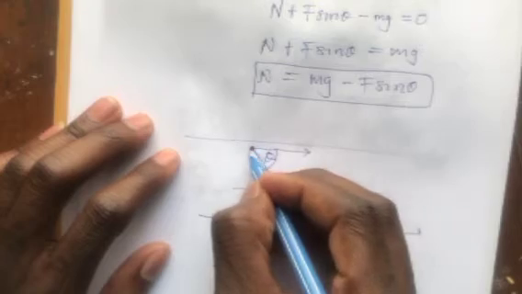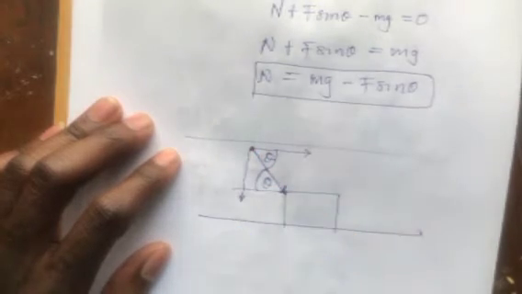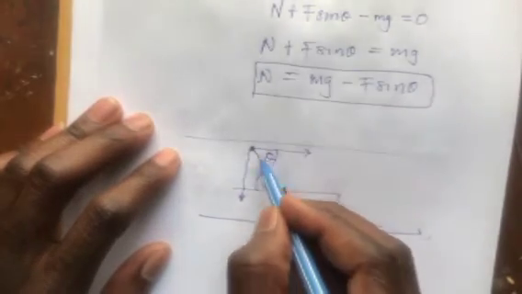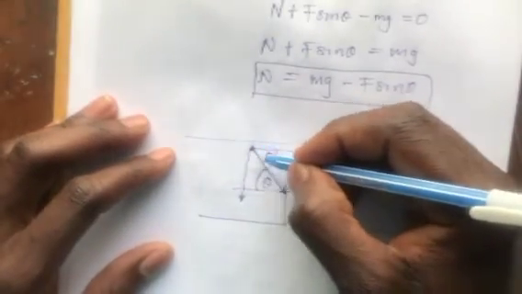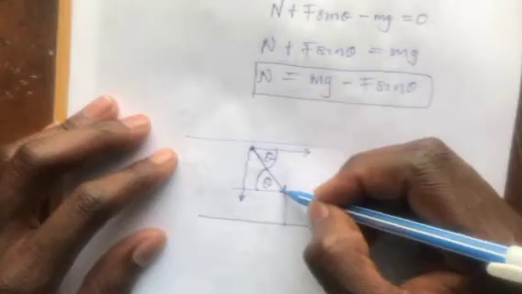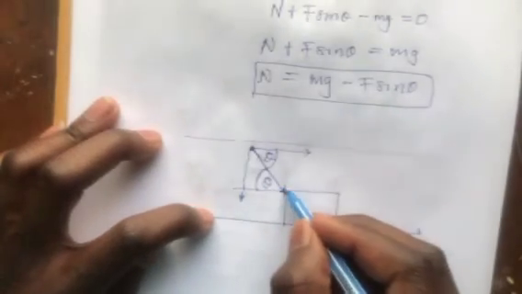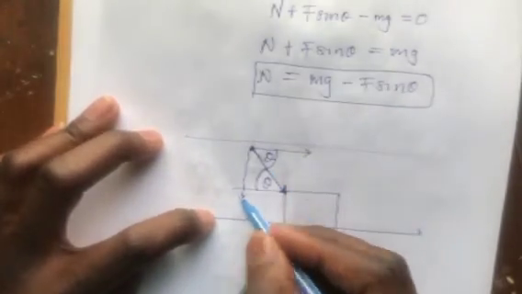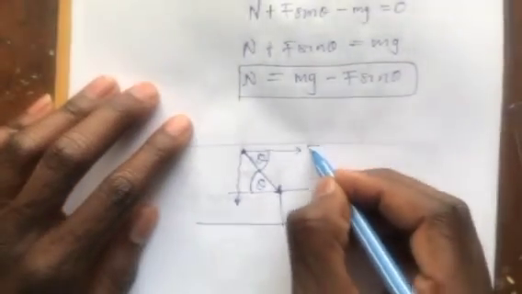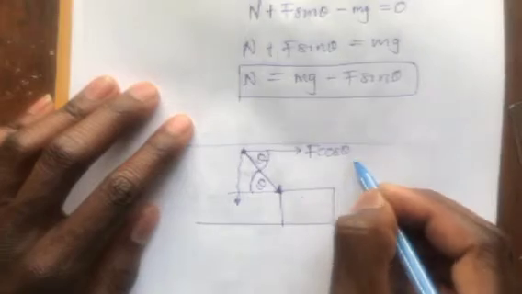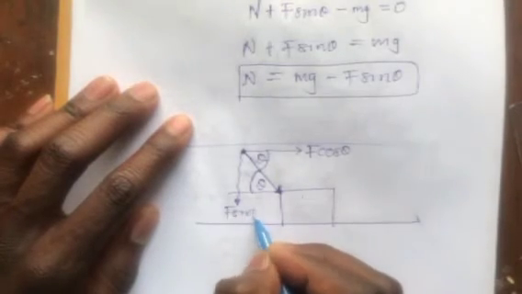Then here we're also going to have another force which is going to be pointing upwards. You don't resolve this one like you point here and then you point up. No, you follow the direction taken by this one. It must lie between the two components. This acts as the resultant of two different components. That's how we resolve these two simple things. Okay, so this is going to be F cos theta, and this is going to be F sin theta,